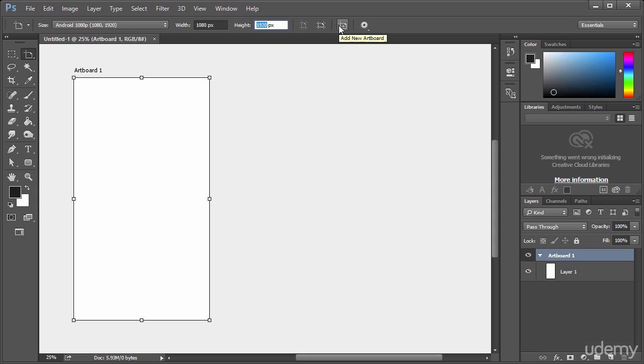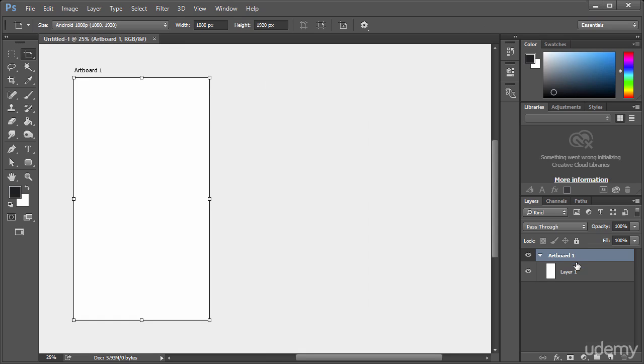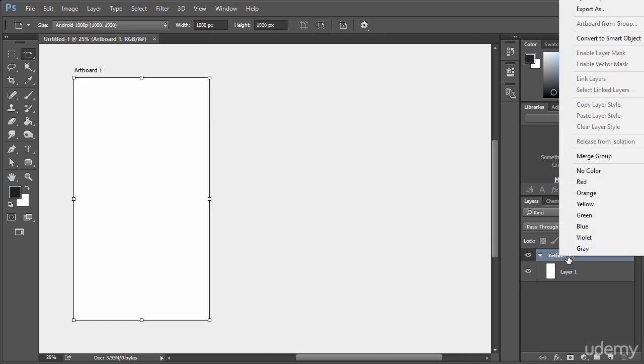You can add a new artboard based on these dimensions. All I have to do is left click once and it adds it based on these dimensions up here. And now we can see we have Artboard 2. Now, if I just go back to here and hit Control Z to undo,